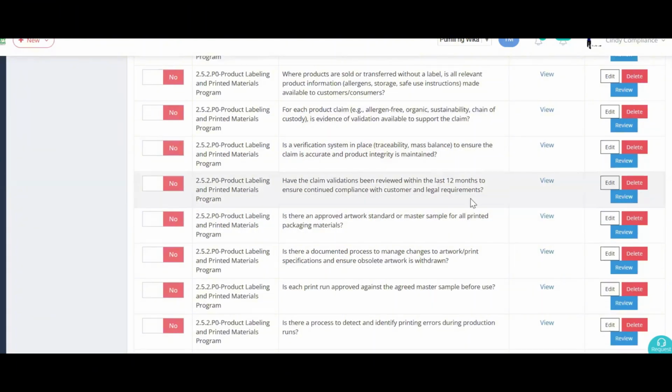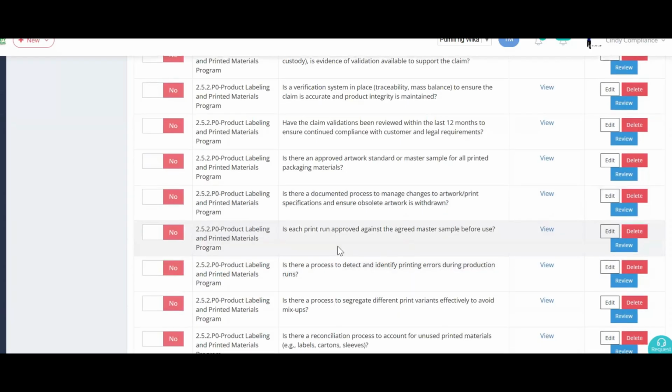Have the claim validations been reviewed within the last 12 months to ensure continued compliance with customer and legal requirements? Is there an approved artwork standard or master sample for all printed packaging materials? Is there a documented process to manage changes to artwork or print specifications and ensure obsolete artwork is withdrawn?